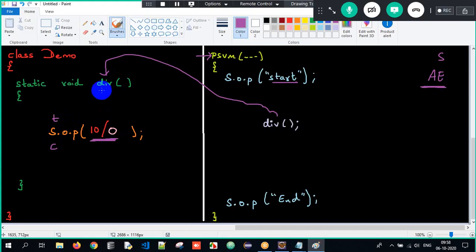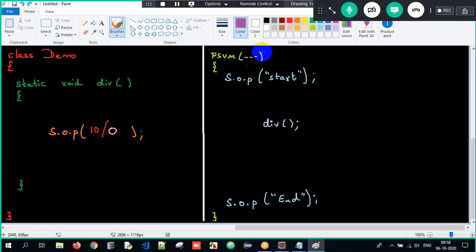But the div method does not want to handle the exception in the method here. You got the point? What am I trying to tell over here? In simple terms, we are getting an exception in the method. Guys, closely observe and listen to what I tell here. We are getting an exception in the method, and the method does not want to handle the exception. So that exception might occur in the method, and that has not been handled. That information has to be told to the caller.